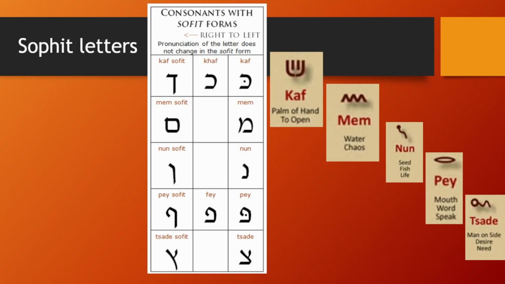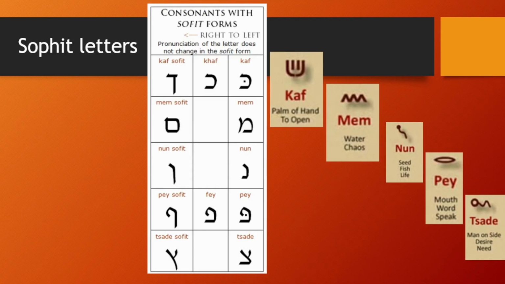Personally, that picture, from where I have found it and how it is used, I want to put something also on that list, and that is conception. All right? When the sperm enters the ovum, you're going to have conception. So it's the beginning. It is the coming together. It's a new start. Man on his side, it's not always easy to see the man on his side, but if you have to, you can see it in there.